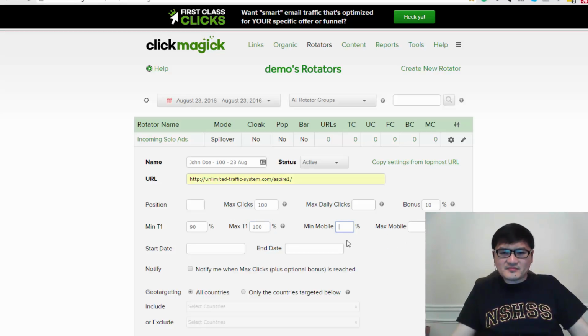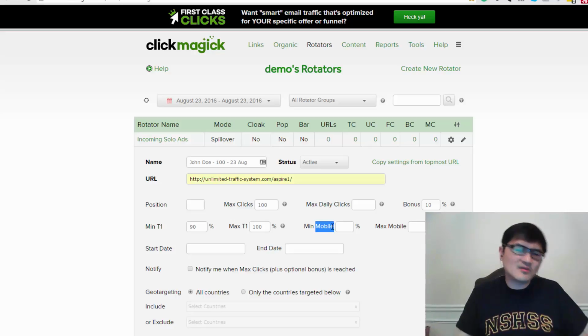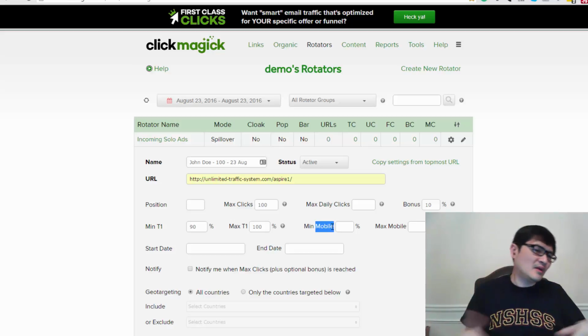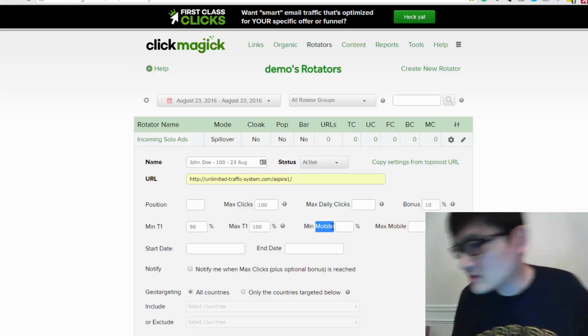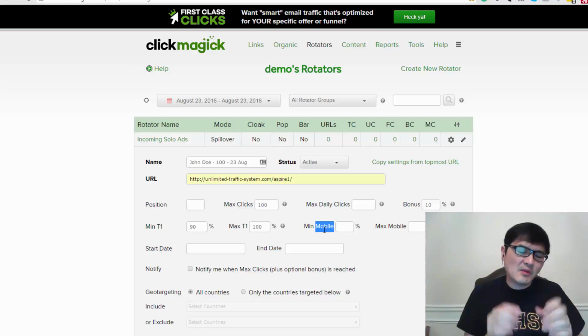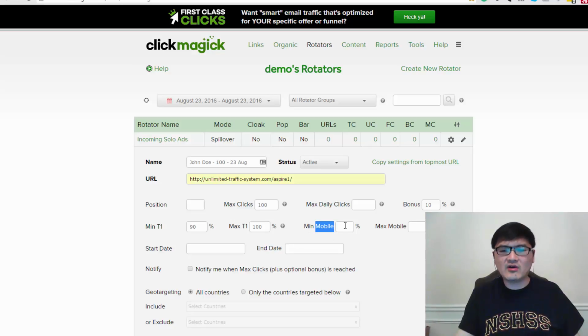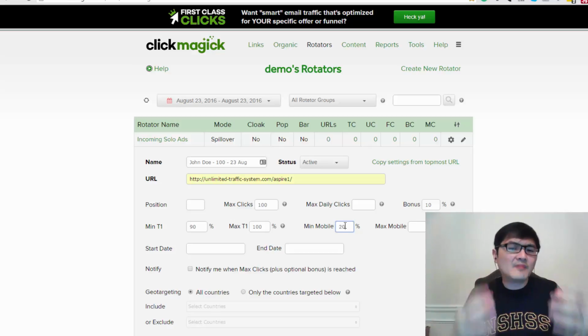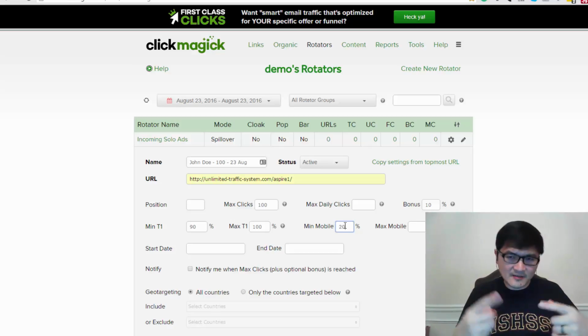So basically, mobile is okay, because most of the time you probably have about a third to sometimes 60% mobile users, because a lot of people today are using their mobile phone. But I'm saying you can actually control the mobile setting. If the customer paid you more, you can say, okay, then I'm going to give you less mobile, because with less mobile, people are more likely to